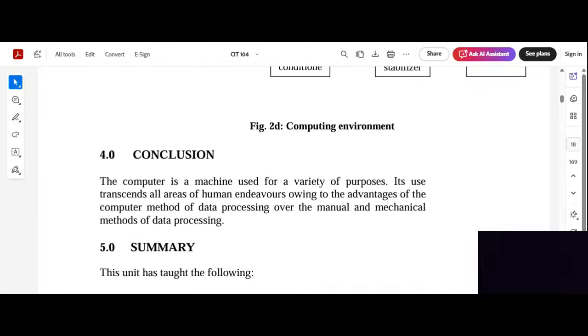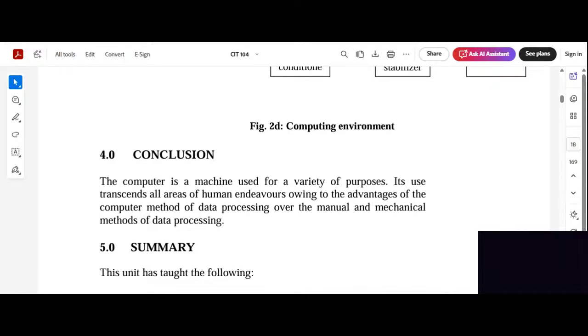So having done all this, we can conclude this unit. This unit has been so enriching. We learned a lot. The meaning of a computer, data and information. We learned data processing methods. We talked about mechanical, manual, and computing methods. We talked about the characteristics of the computer method, using computers to process data. What are the advantages? What are the characteristics? We studied it. Then we moved to the computer system, where we talked about the hardware, the software, and the users.